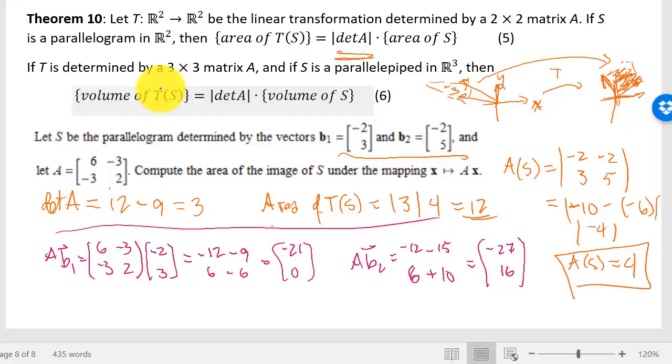Now, these are our new vectors that are happening here, so I actually misdrew this. But if I were to draw it, one vector would be -21, 0. The other one would be -27, 16. So let's find the area of this. So the area of the image should equal -21